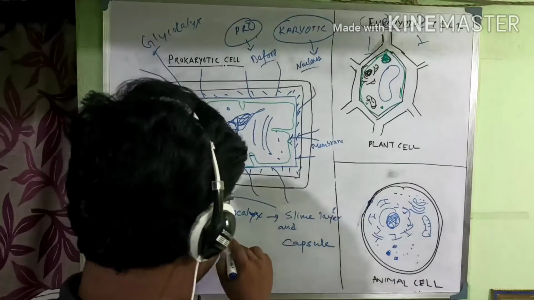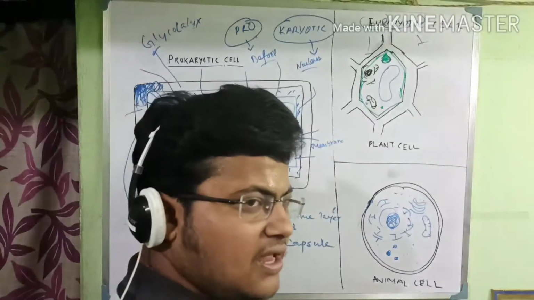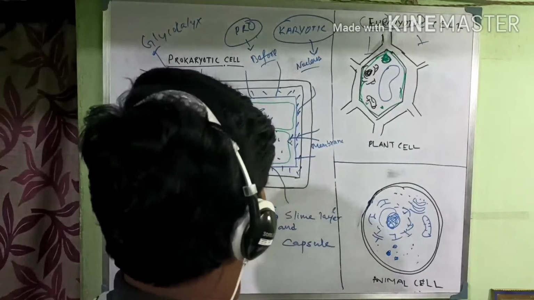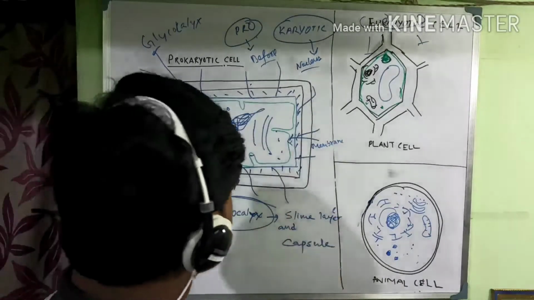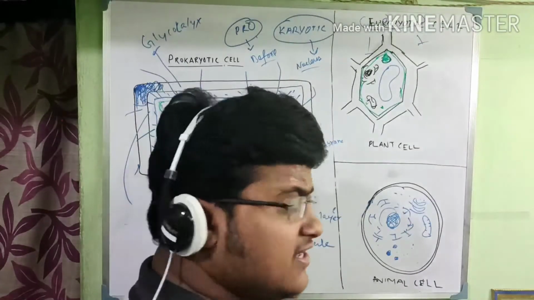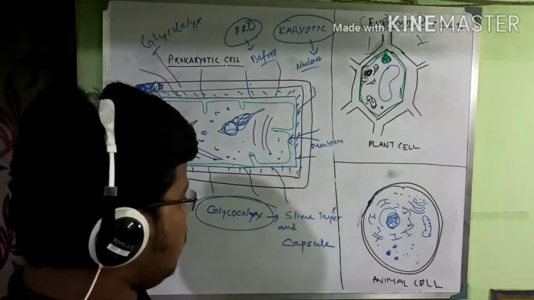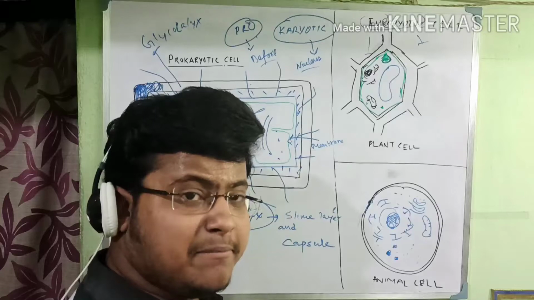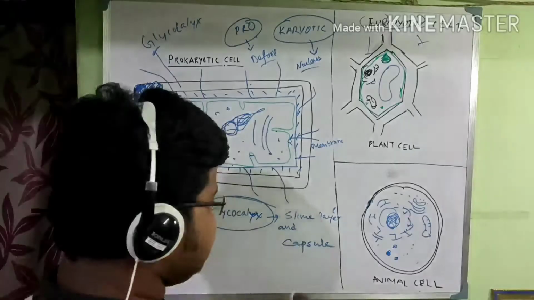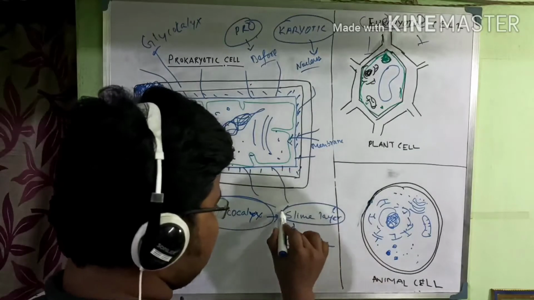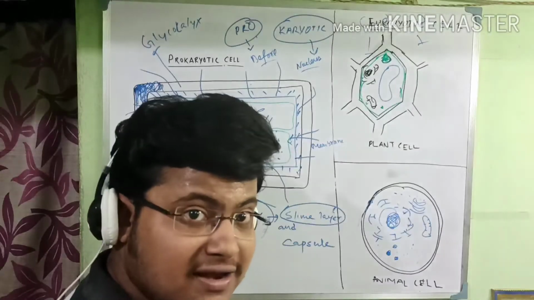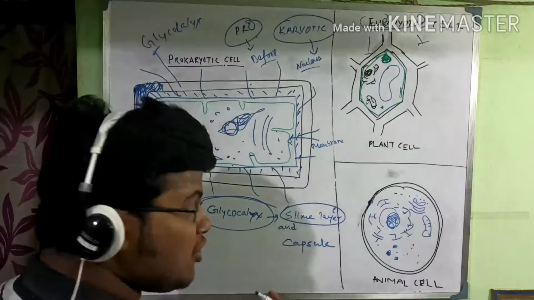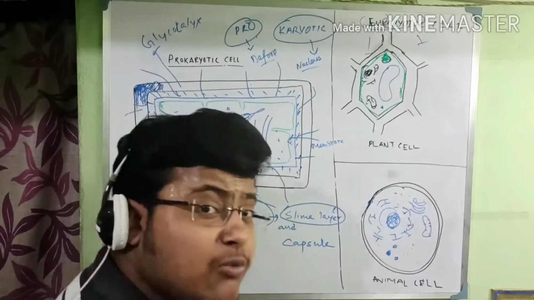The glycocalyx is actually a gelatinous layer or a loose amorphous viscid secretion of the bacterial cell, and when the glycocalyx is made up of polysaccharide, it is known as the slime layer. But when amino acids as well as proteins are combined with polysaccharide or carbohydrate,